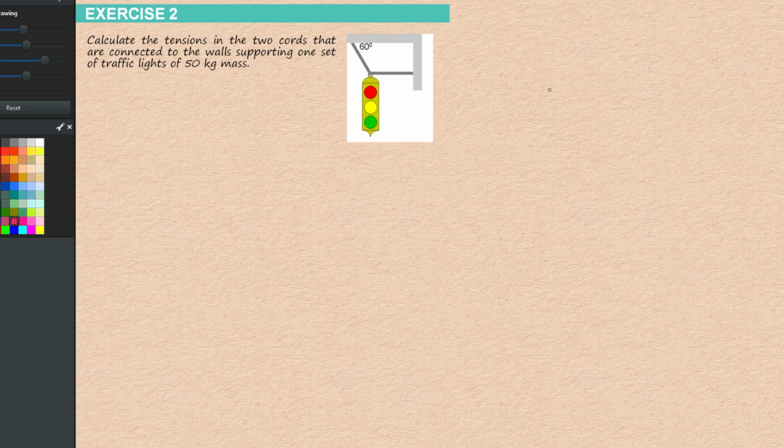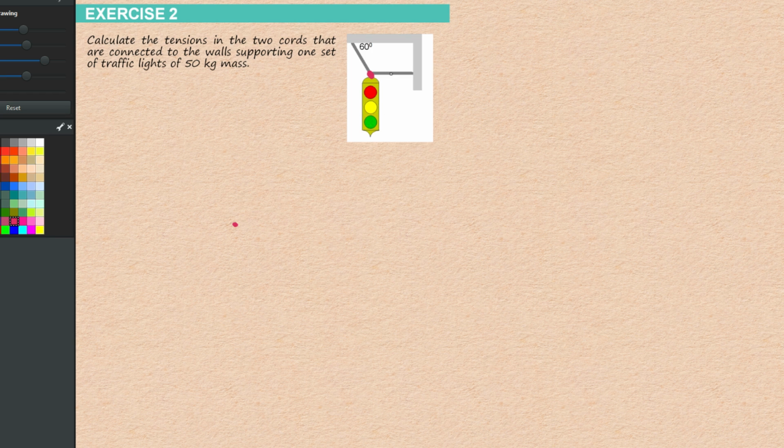Hi everyone, this is exercise 2 from lecture 4, and here we're going to calculate the tensions in these two cords that are holding up this traffic light. They're anchored at the walls, and here they're joined together and they have a traffic light pulling them down from this point. Considering everything about the point where they're joined, if we look there,